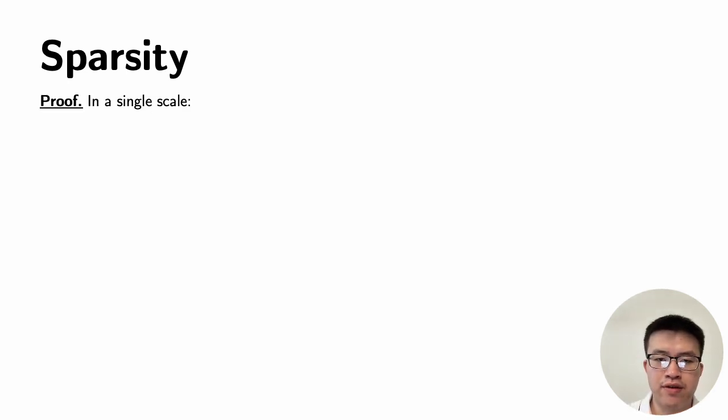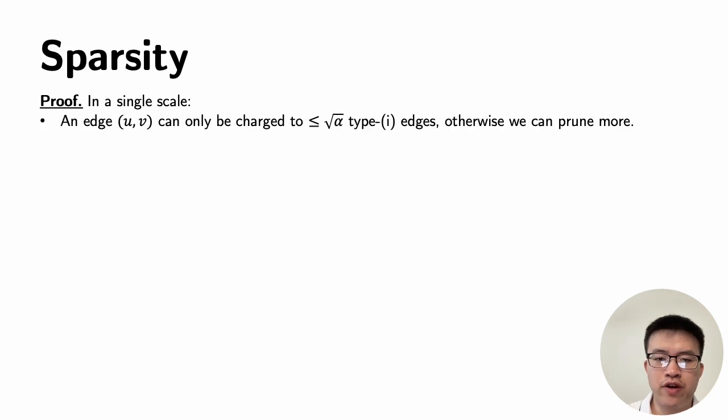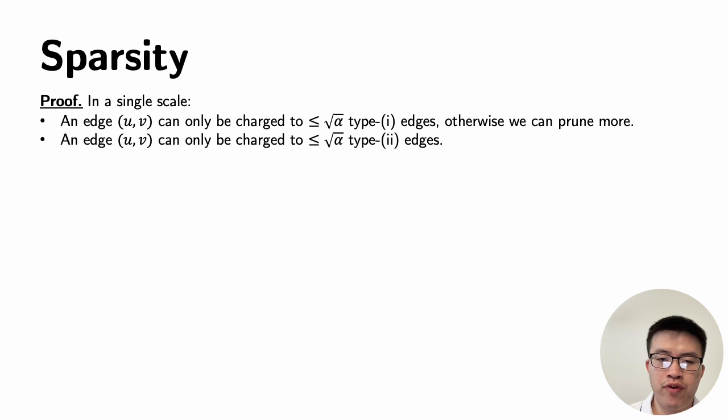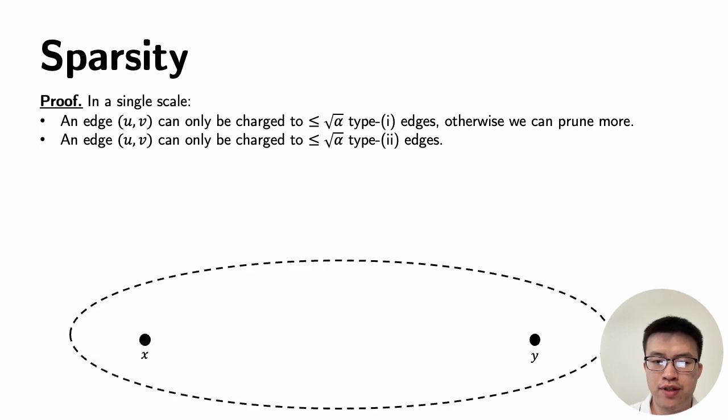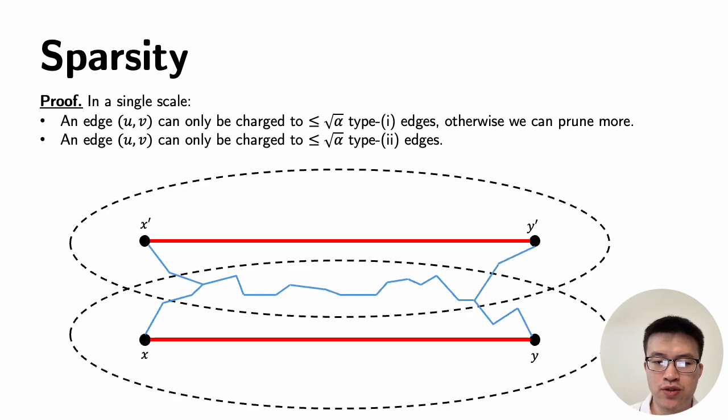In a single scale, an edge uv can only be charged to less than square root alpha type 1 edges. Otherwise, we can prune more. This is due to our algorithms. We're going to prove that an edge uv can only be charged to less than square root alpha type 2 edges. Here in this example, there are two type 2 edges, xy and x prime y prime. Assuming both of them are charged to the same green edge in this picture,